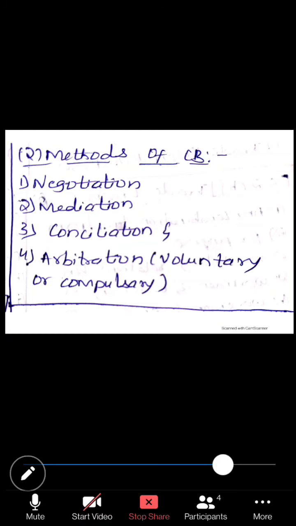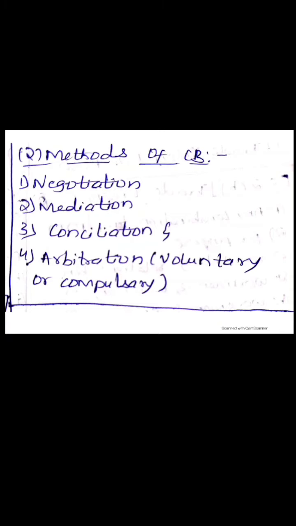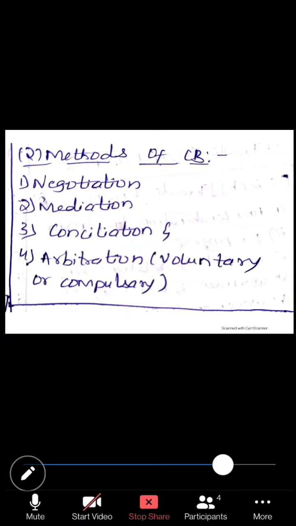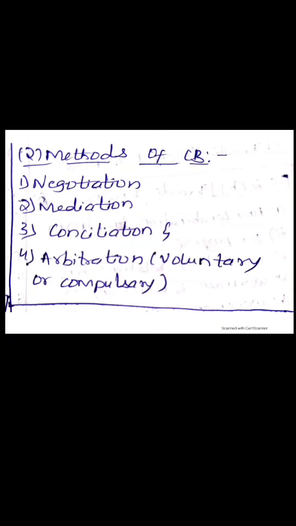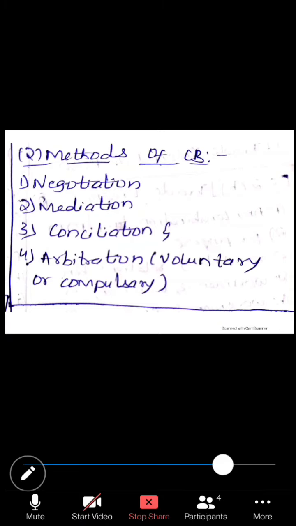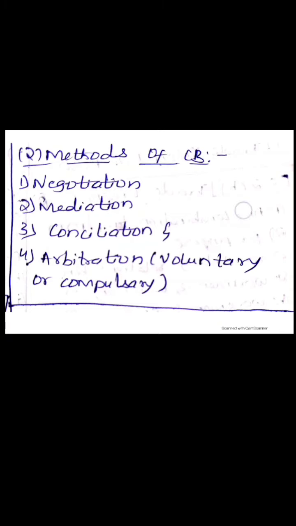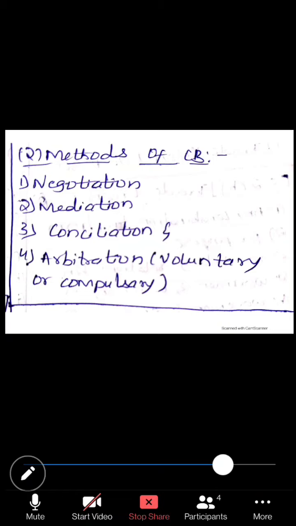Conciliation is similar to mediation, but the mediator is appointed by the government itself, and he is called a conciliation officer. So this is official. If it is not solved by mediation, then the appropriate government itself appoints a conciliation officer, and the conciliation officer forms a committee of the employers and workmen, and he will try to solve the dispute, and he will send the report to the appropriate government, whatever happens. Even his term is not enforceable.